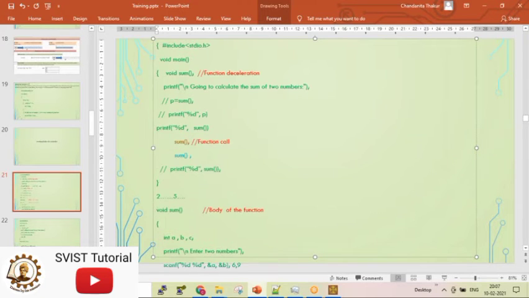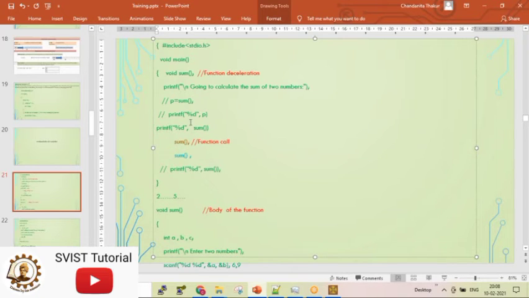Okay. So first this sum function will be called, then this sum, then this sum. But one extra thing is I have written here printf %d sum. Printf %d sum means what? Sum will be called even if it is inside %d. But I won't be getting any value because this is not returning any value. So %d will expect some value to come here, not only the control to come back.